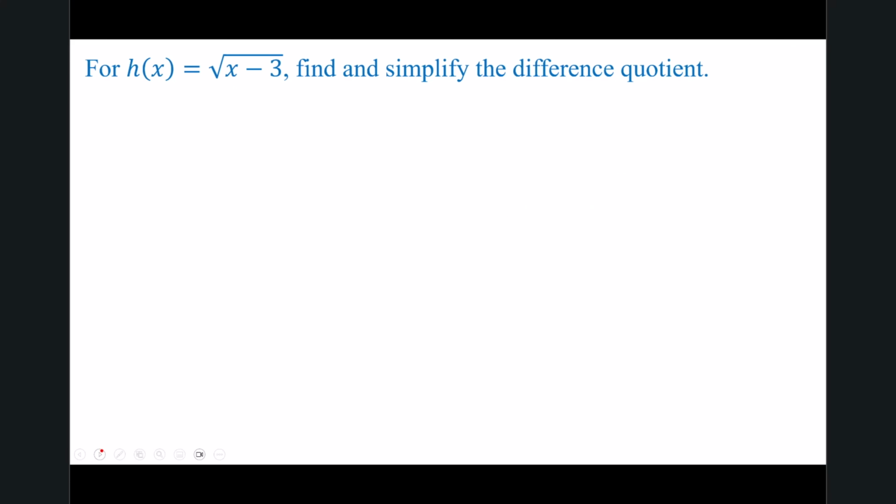Let's do one more example, this one with a square root. We want to find the difference quotient again, so we want to find f of x plus h minus f of x all over h. That would be the square root of x plus h minus 3 minus the square root of x minus 3 all over h. And again, my goal will be to cancel out this h that's in the